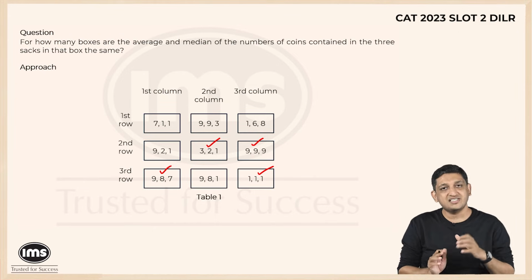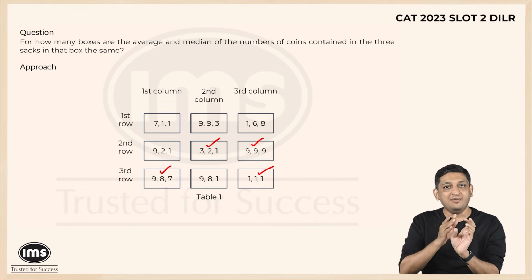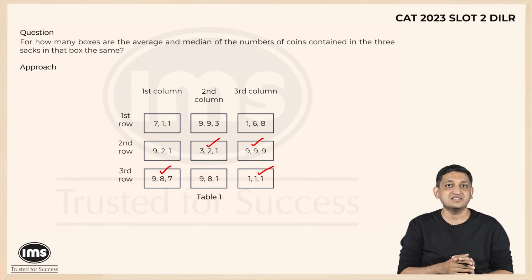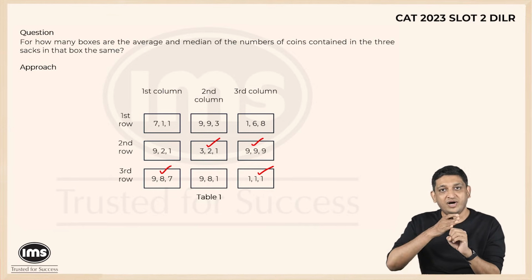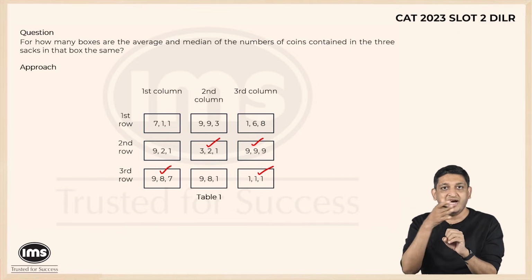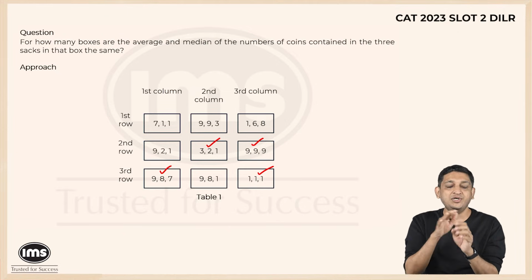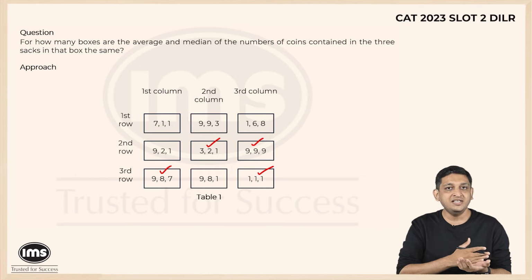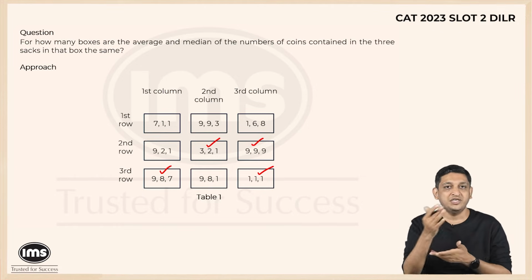Another way to look at this is, if you find the middle number that you have and both the numbers are equidistant from that middle number, that is basically going to be your answer. So if 2 is the middle number, 1 is 1 less than 2 and 3 is 1 greater than 2, I know that they are symmetrically split, and that's why we know that the median will be the same as the mean. And for those cases wherein all 3 numbers are the same, the mean will be equal to the median, will also be equal to the mode.